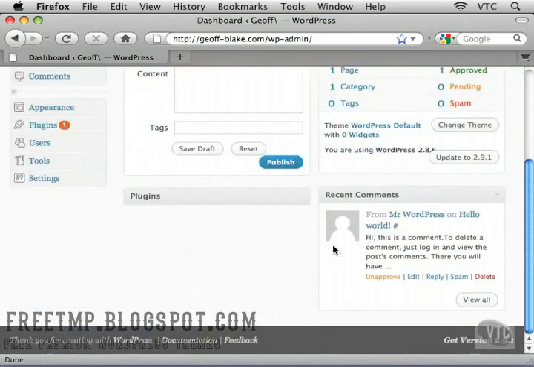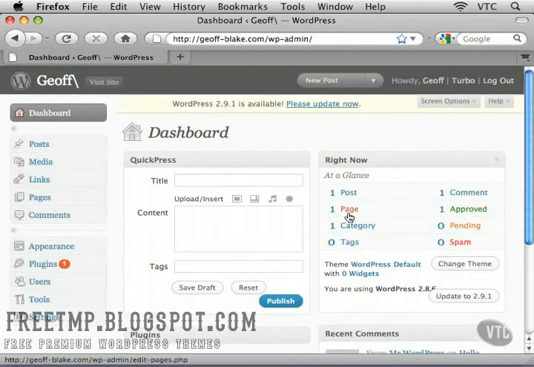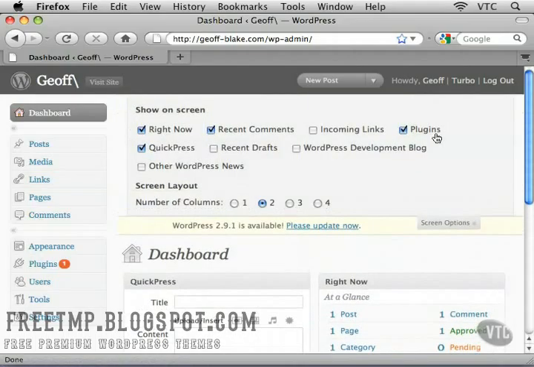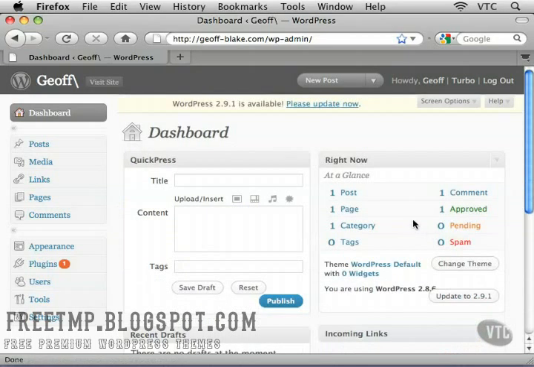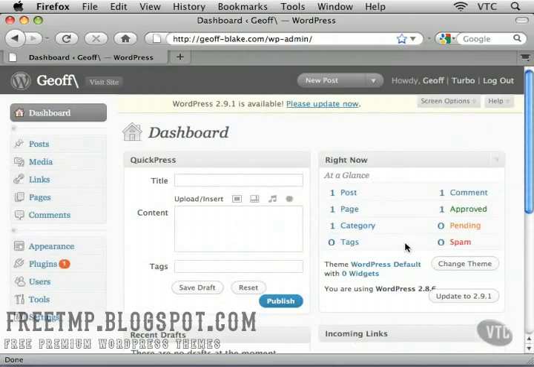So now those modules that I had unchecked, the WordPress development blog and the WordPress news and so on, they're gone, right? But what's interesting to note is that I can always go back to Screen Options, and I can always turn these modules back on. For example, it's a really good idea to keep your other WordPress news and your WordPress development blog modules turned on, right? As a matter of fact, I'll turn everything on here, and I'll collapse this down again, and of course, everything is back. There's my 2 WordPress-related modules there, and the incoming links there, which I had also turned